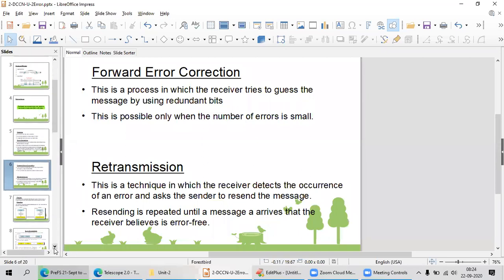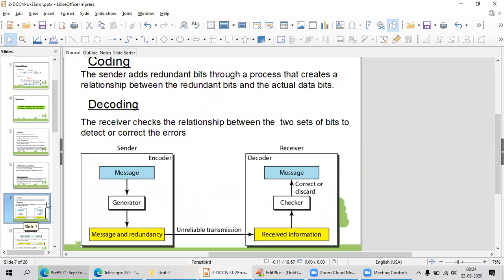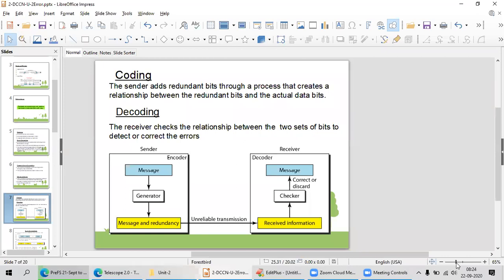Okay, we are going with the next level. Coding and decoding. Whenever I want to detect the errors, I need to have some parity bits at some places. For example, I will show you.